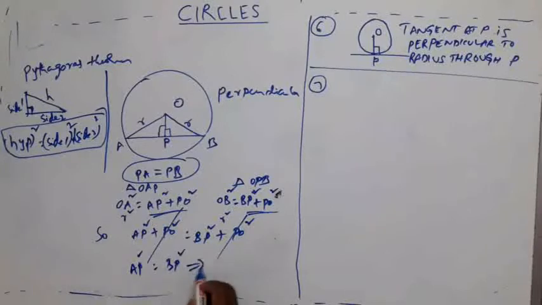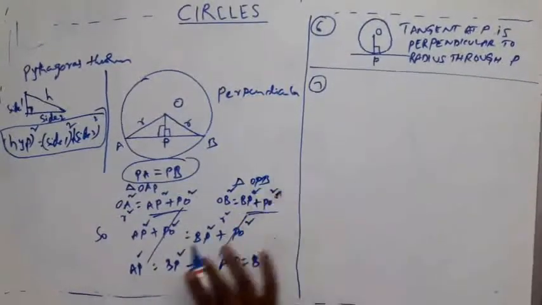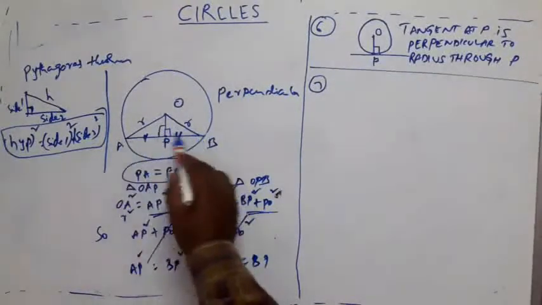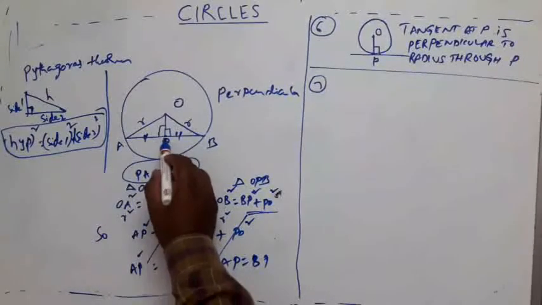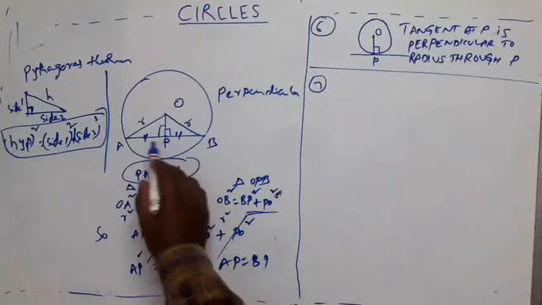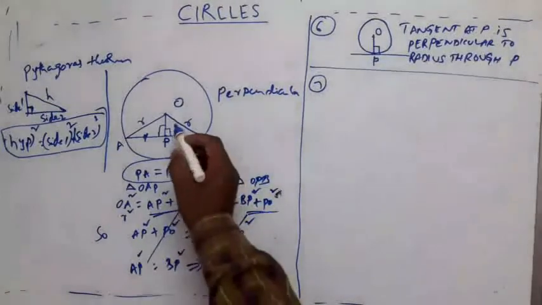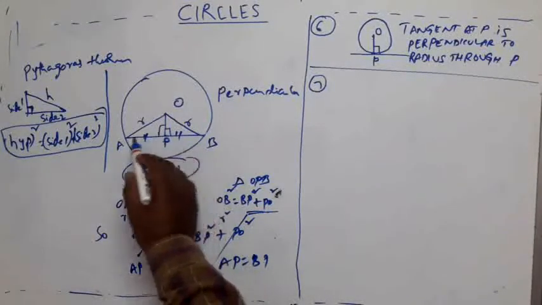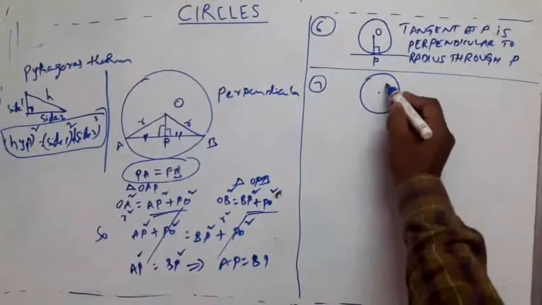So from this what can I say? AP is equal to BP. So this length and this length are equal. That's all. So what have you observed? This point is the midpoint of these two, right? Midpoint of these two. So P bisects, what we say? P bisects AB. So to put it in another way, perpendicular from center to a chord bisects the chord, that's all. This is also point to be remembered.